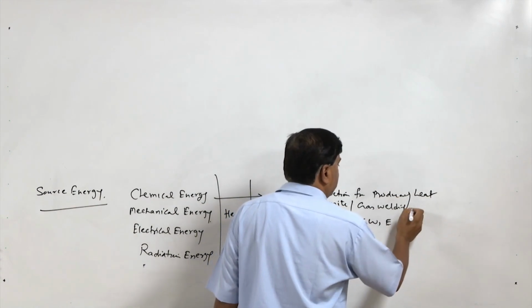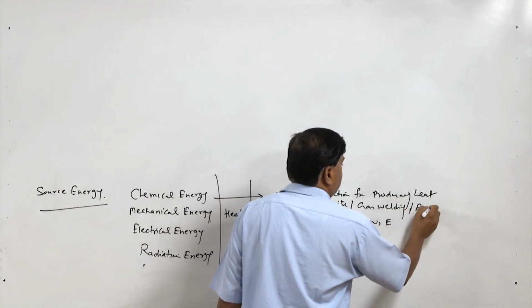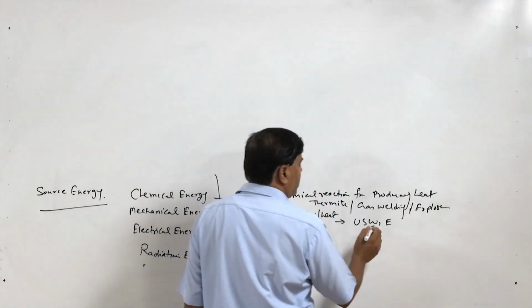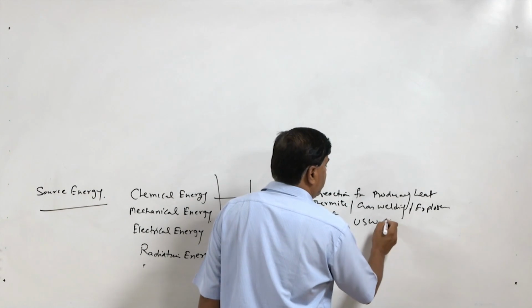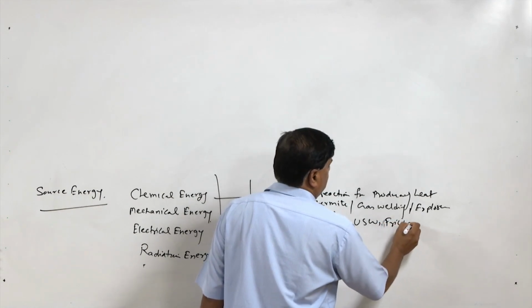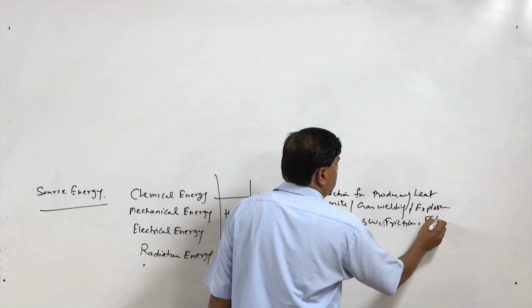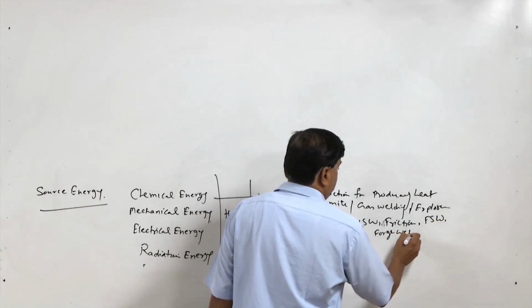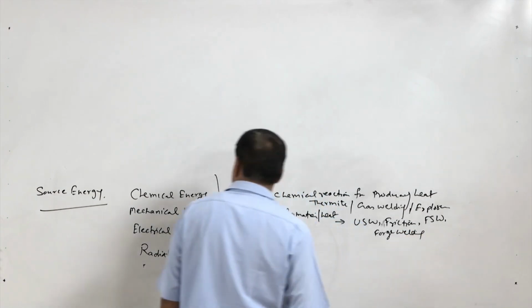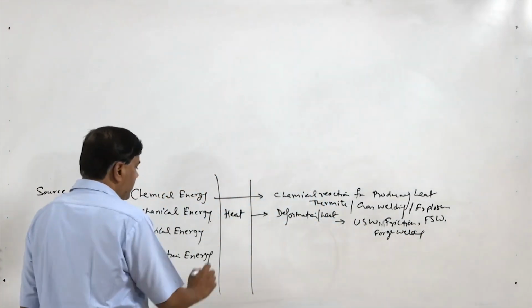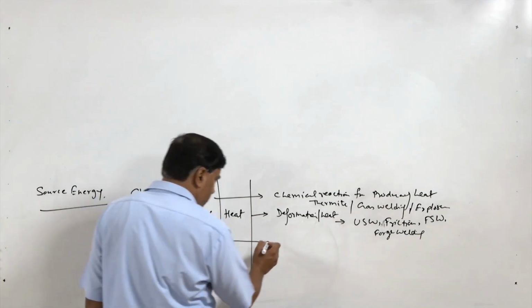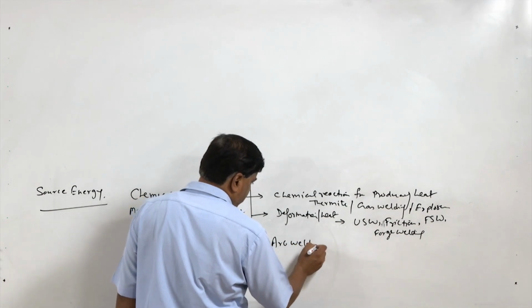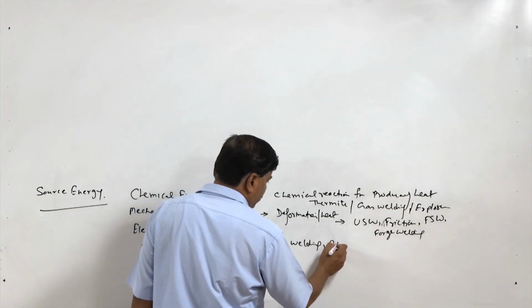Actually, this is used in explosion welding, also in the chemical energy process, ultrasonic welding, friction welding, and commonly known as friction stir welding, forge welding. These are the joining processes which use mainly the mechanical energy, and then the electrical energy is used in all arc welding processes, and the resistance